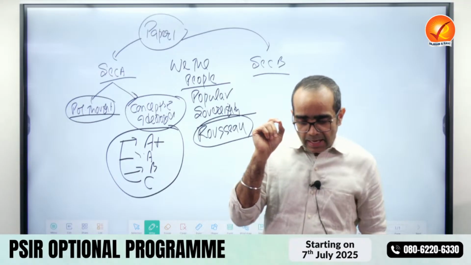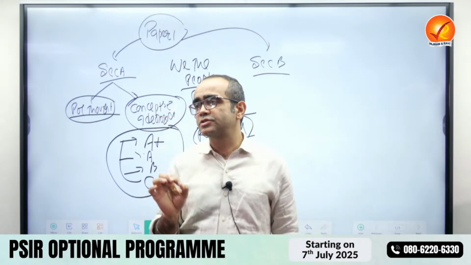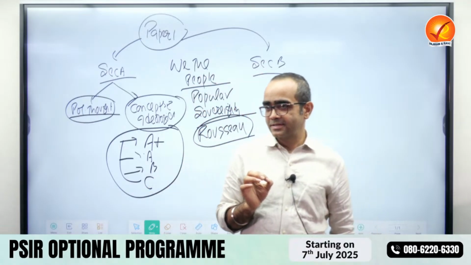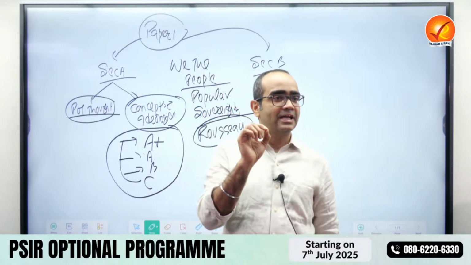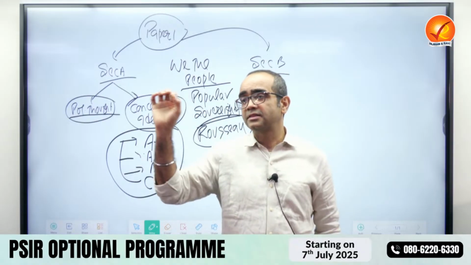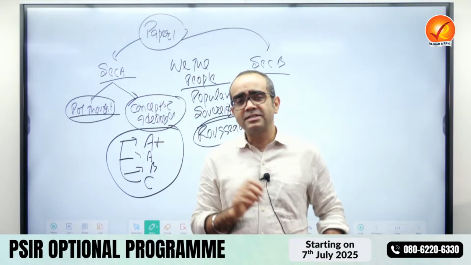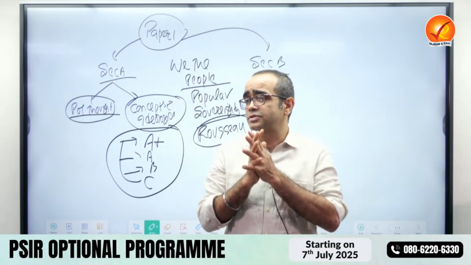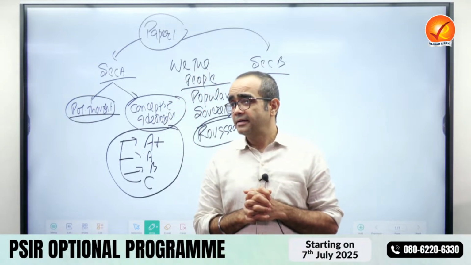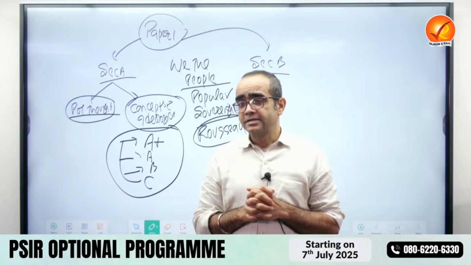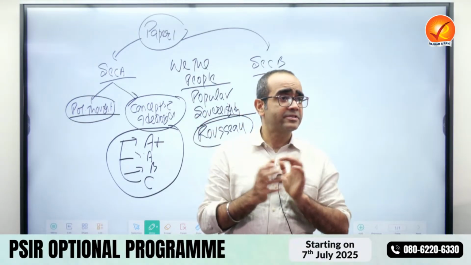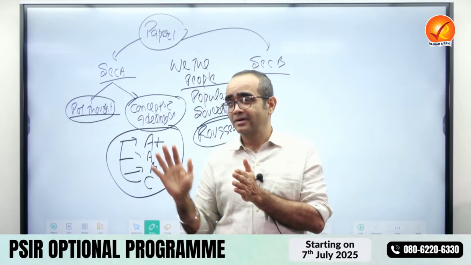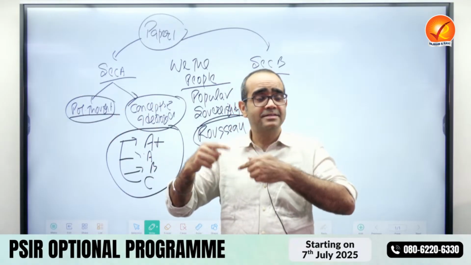So, India's latest constitutional amendment. Can anybody tell me the number? 106. The 106th constitutional amendment gives women reservation of 33%. Why is reservation important? Because women are historically disadvantaged in a patriarchal society like India. Simone de Beauvoir, the famous feminist, said, women are made, they are not born. So becoming a woman is a process.